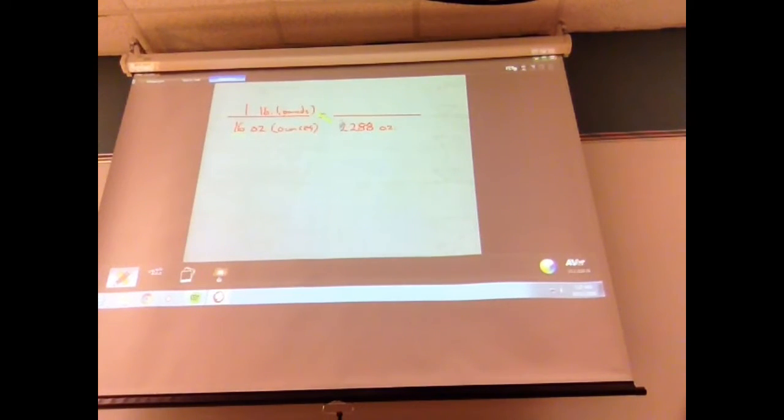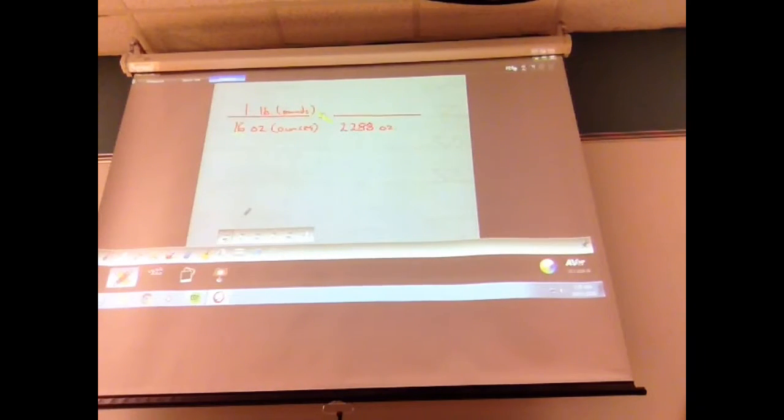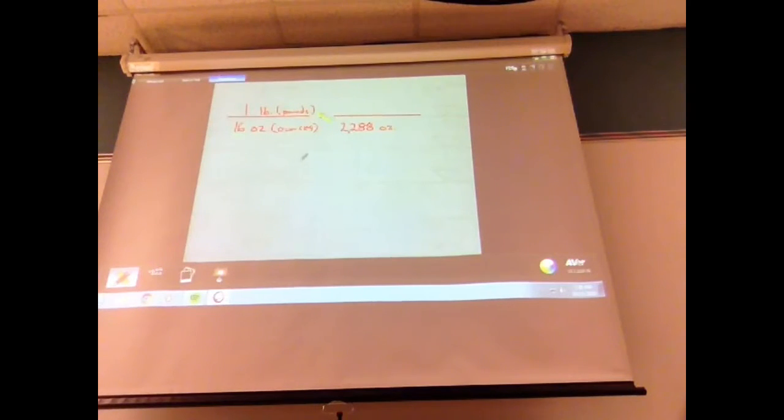Okay, now we know that on this problem, if I take 1 times anything, it's going to be the same number. So in this case, 1 times 2,288 ounces is going to leave me with 2,288 ounces. Okay? Now, if I take that number and divide it by 16,